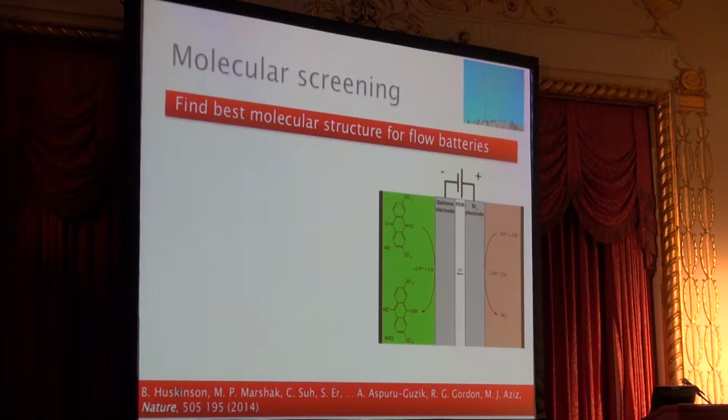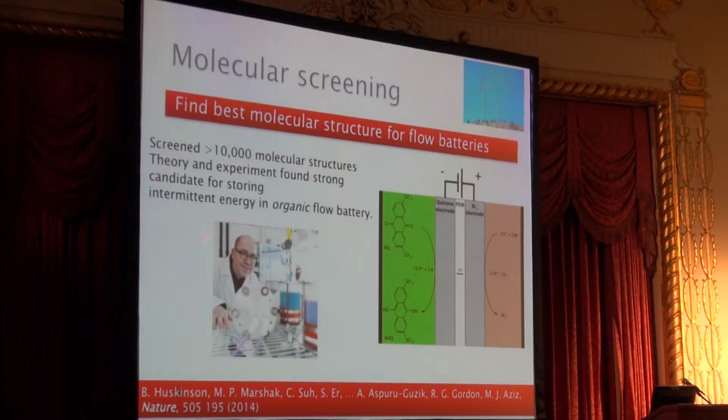Okay? So if you want to store solar energy for a renewable energy future, probably you will be using something like our quinones, we believe. It replaces metals in batteries. And this is my only picture as an experimentalist here with our quinones storing energy. Okay? But why am I telling you all this story? Really to motivate why quantum chemistry.